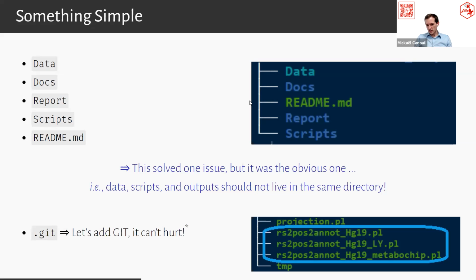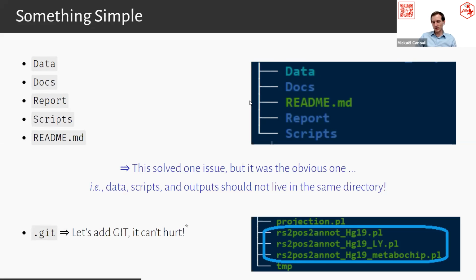The second part of the issue was redundancy: different versions of the same script over and over with some minor change. Sometimes it was only in the name of the file. So the idea was to add something that's obvious maybe for many of you, which was to add Git and some version control. At first, it hurt a little bit, let's say it.